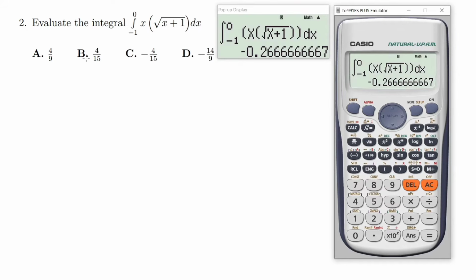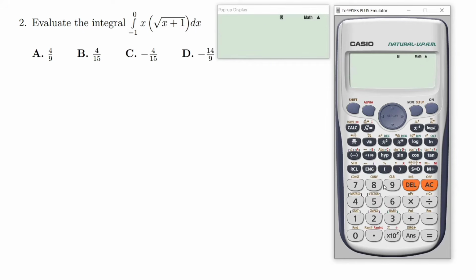A, because it has to be minus. It's either C or D. Okay, so let me test for C and let me test for D. So I can press the AC button to clear the screen. Then if I press minus 4 over 15,